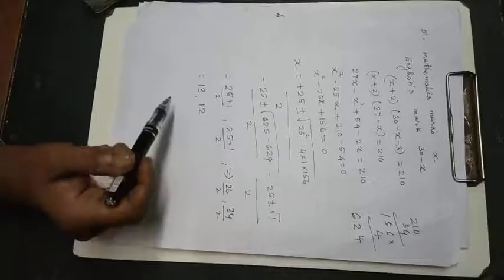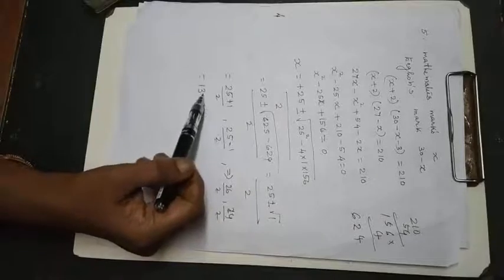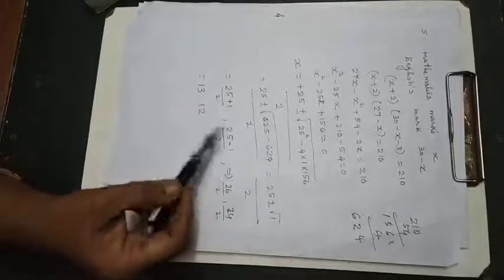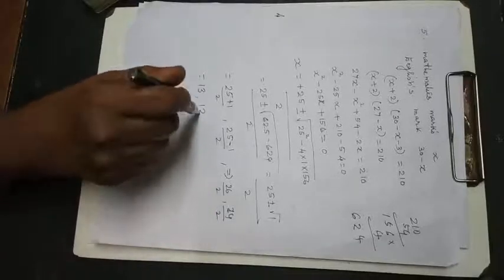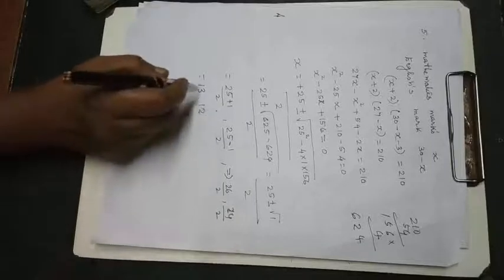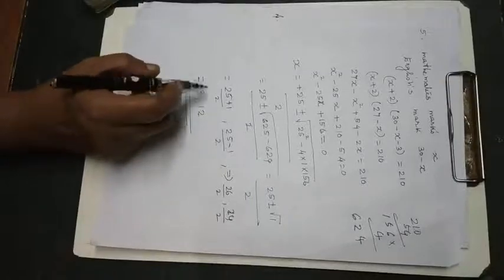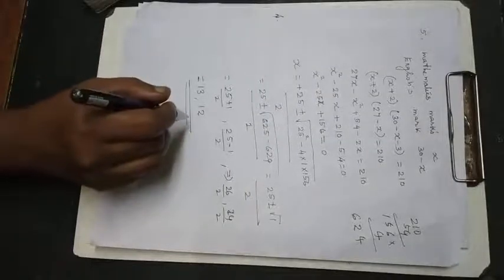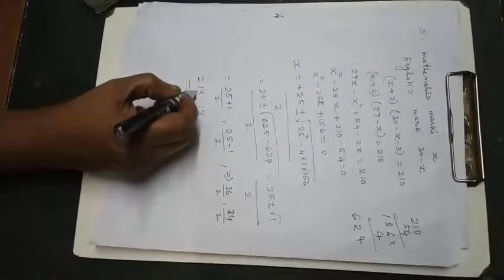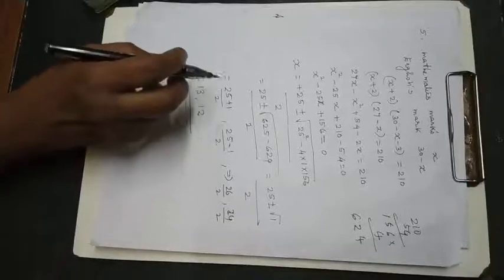So if you are taking maths mark as 13, you will get English mark as 17. If you are taking maths mark as 12, 18 as English mark. So two values you will get. Okay, x has two values. x is our maths mark, so according to that the English marks will change. If you are taking 13, 17 will be the English mark, and if you are taking 12, then 18 will be the English marks.